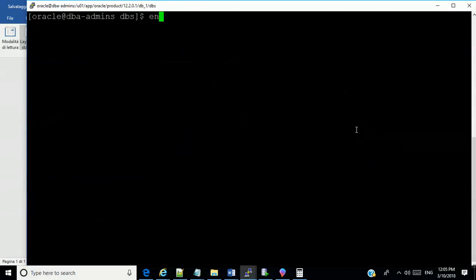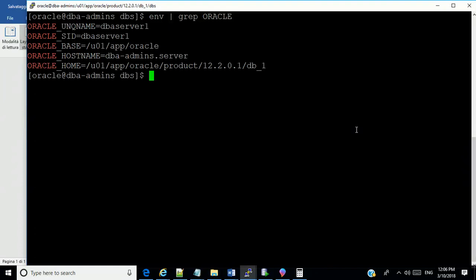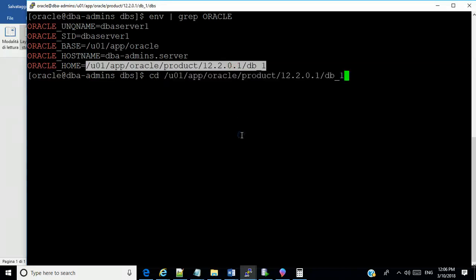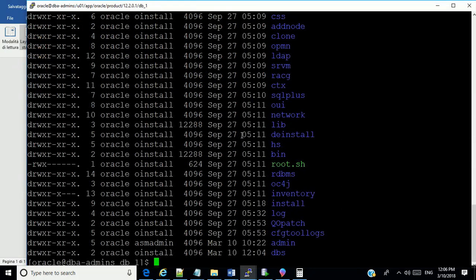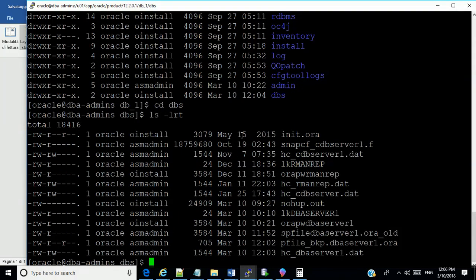Clear Spectre environment. We're going to now grep Oracle. I hope I'm not taking the wrong environment variables. Okay, DB1. DBS. I wonder where it dropped that SP file. Normally, I'm supposed to put it under here. You know what I'm going to do? I'm going to start it up and see why it is not shut down.